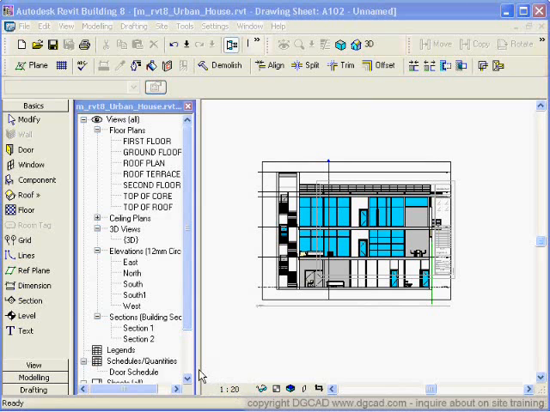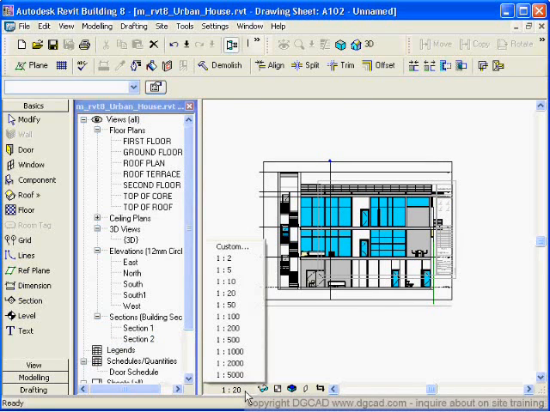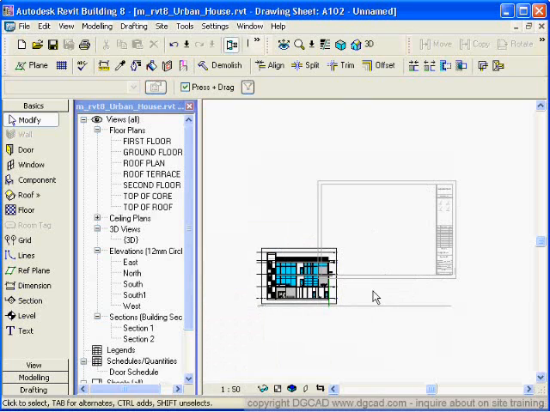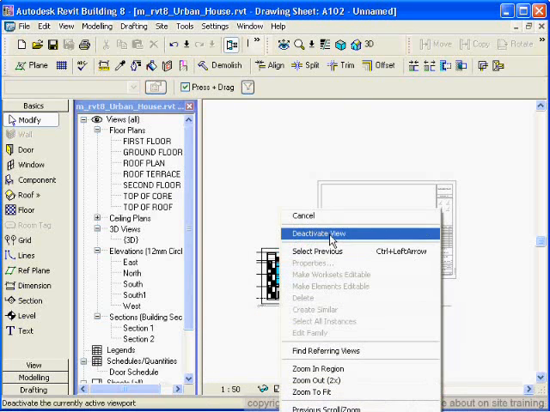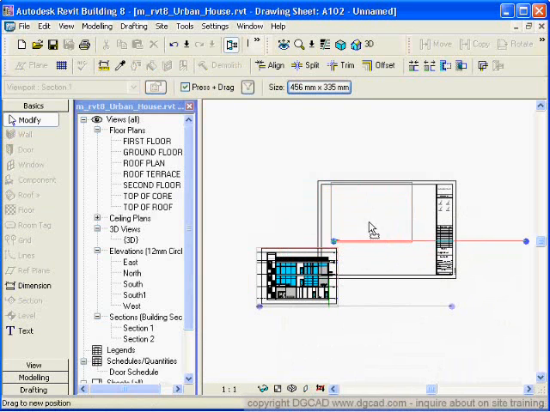And that wasn't showing right, so I had to stretch this back and forth. There's my scale at 1 to 20. Well, that's way too much, I only need this at 1 to 50. So I'm going to change it to be 1 to 50, and it's going to make itself smaller. Now I'm going to right click and say deactivate the view, and now I can go and take that and